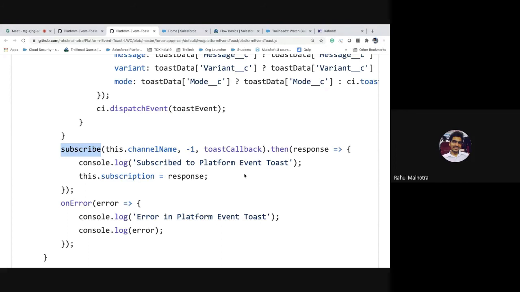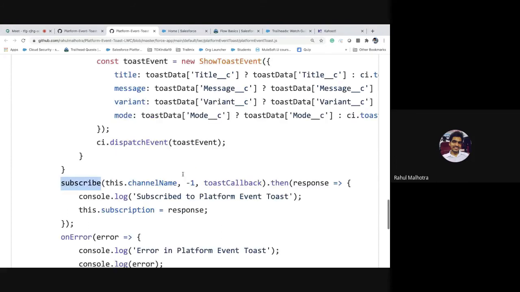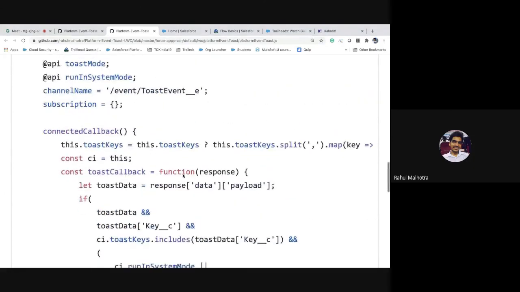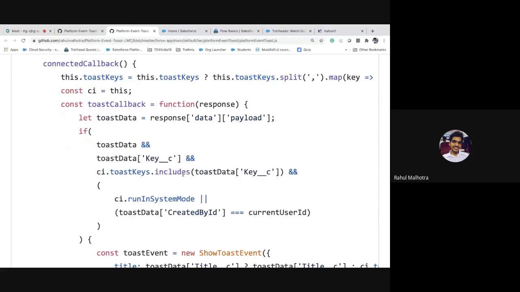So Om, if you just move a little above, we will have a toast callback over subscribe. So guys, yeah, just this. Here you can see we have a toast callback, which is a method which receives the platform event whenever it is created. It will be received here, right? And what we are doing is getting the data of our platform event. All the data that we have specified, like the message of the platform event and the key and anything else, because we are setting the key mainly from the process builder, so we'll be getting the key here.